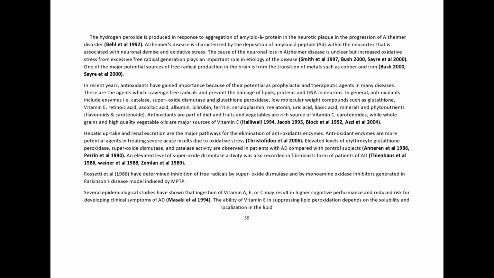Christophidou et al. 2006. Elevated levels of erythrocyte glutathione peroxidase, superoxide dismutase, and catalase activity are observed in patients with AD compared with control subjects. Anran et al. 1986, Perrin et al. 1990. An elevated level of superoxide dismutase activity was also recorded in fibroblasts from patients of AD. Thienhaus et al. 1986, Wiener et al. 1988, Zemlin et al. 1989, Rossetti et al. 1988,